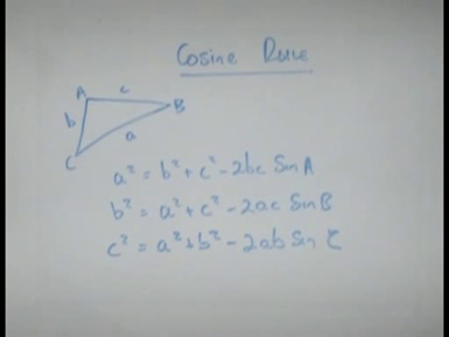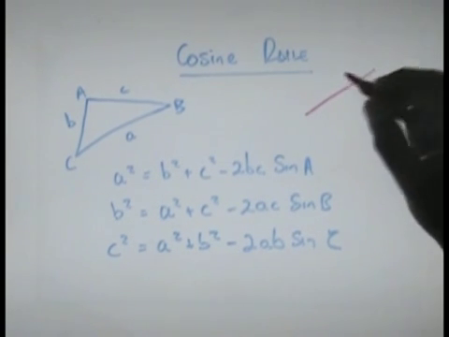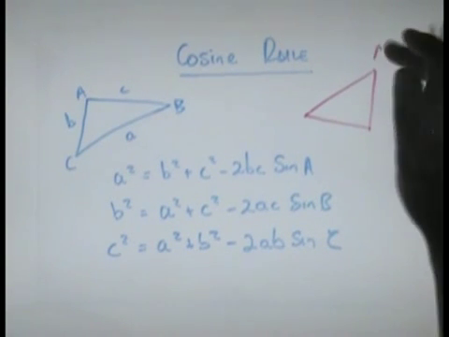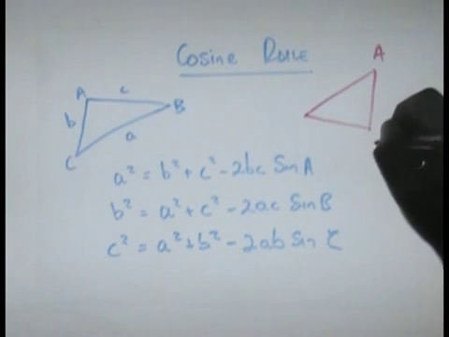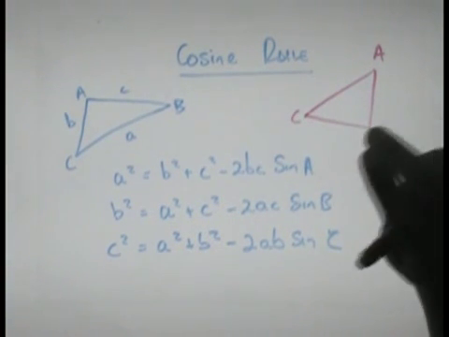Now we are going to look at application of this. I'm going to use the example of a triangle ABC. Now the advantage of the cos rule is you only need